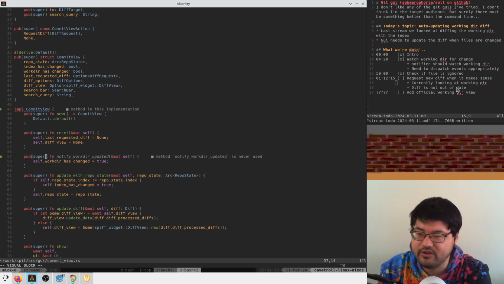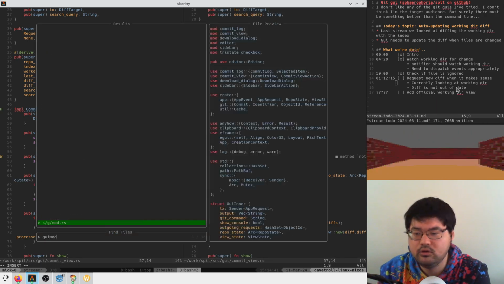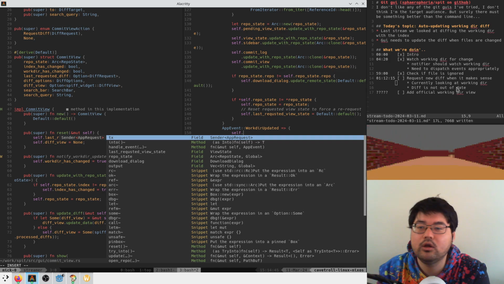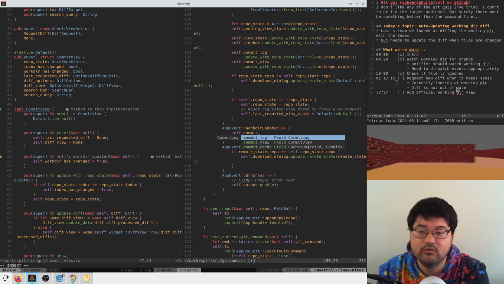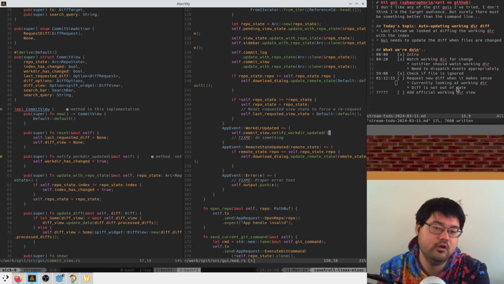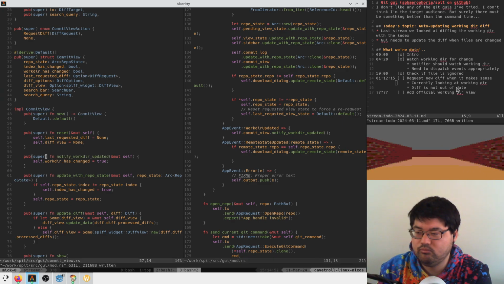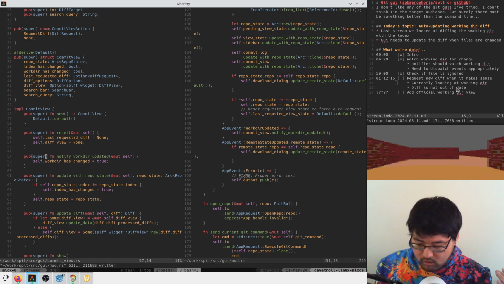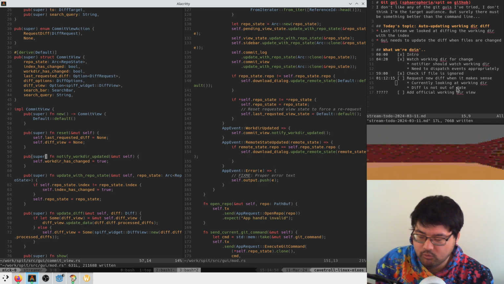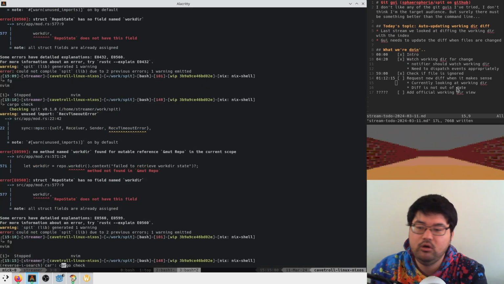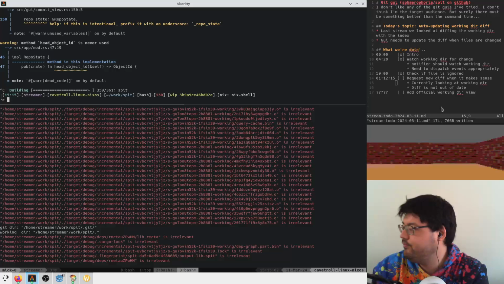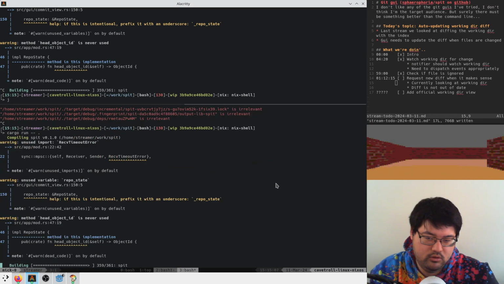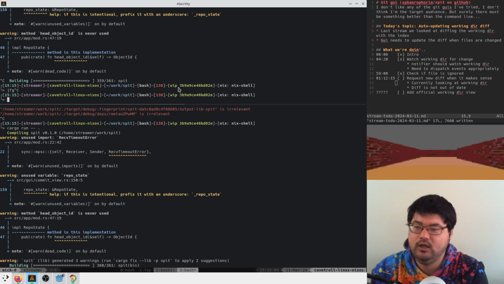Now we just need to notify this. So in the GUI, it should say self dot commit view notify workdir updated. I think that might be it. Maybe that might actually just work, which would be super cool. I guess we go down here. Cargo run. And